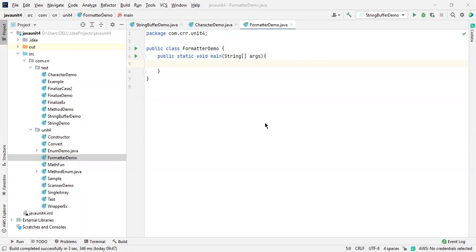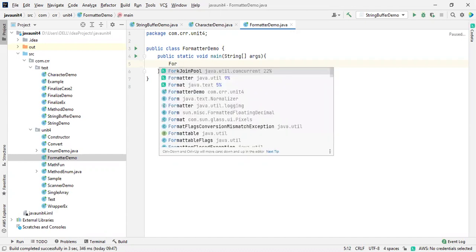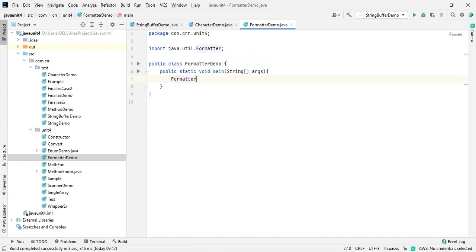We are all familiar with how to access a class, how to use an outside class in our program. How are we going to use that? By creating an object for it. Formatter is available inside the util package. That's why I didn't explain each and everything inside the util package. Most of you have come to know that everything will be explained, because according to your syllabus, almost every topic has been covered.